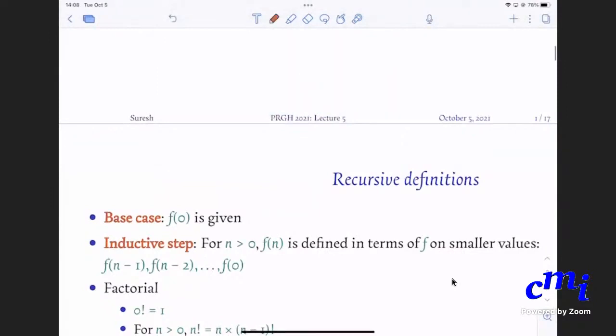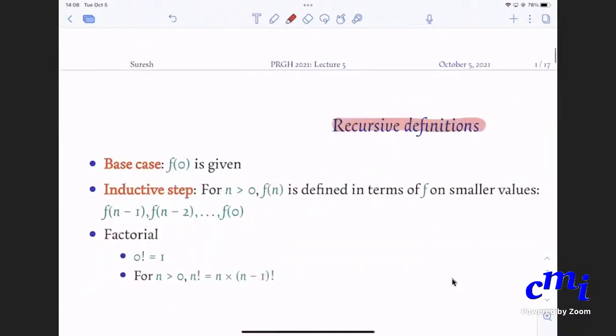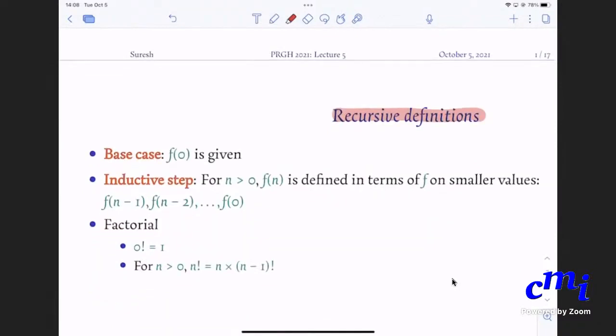So, recursive definitions. This is pretty simple. You've seen it in school also, and even otherwise. The typical thing is that you will have a base case.